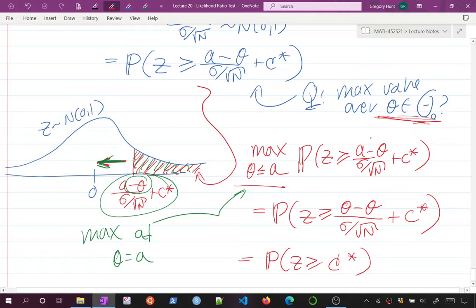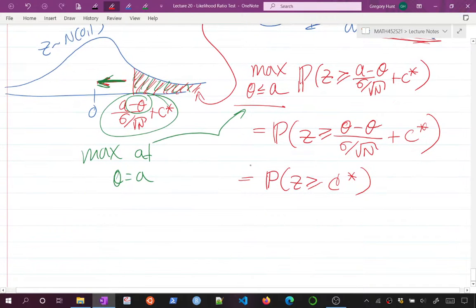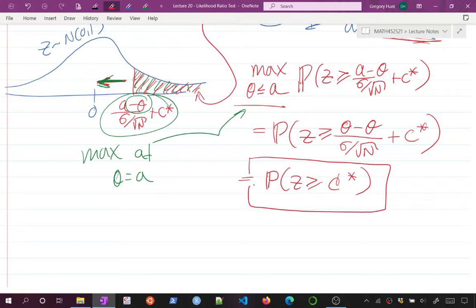And if I wanted to make this probability as large as possible, I push theta to a. I take theta as large as possible. And so the maximum, the kind of punchline, is the maximum probability of a type 1 error is the probability z is bigger than C star. So how do I choose? So the question we originally wanted to answer is, how do I choose